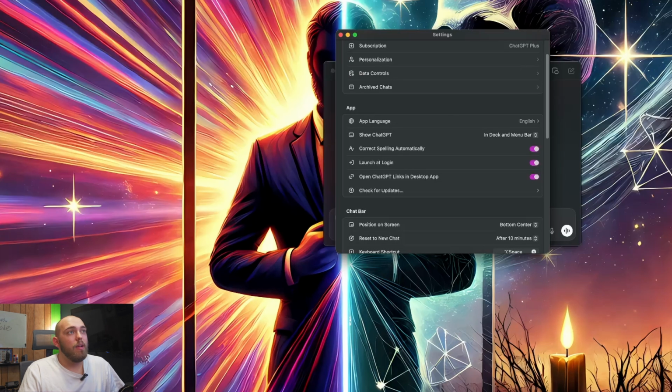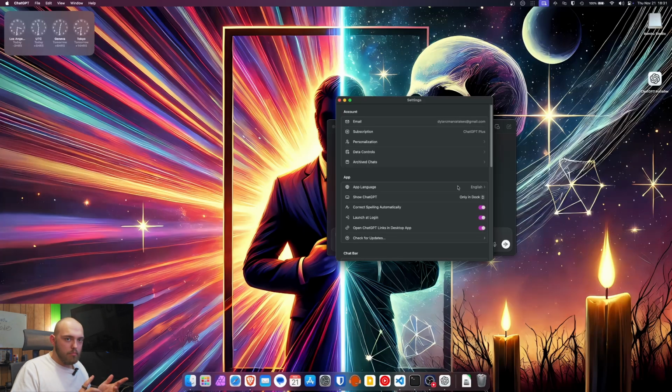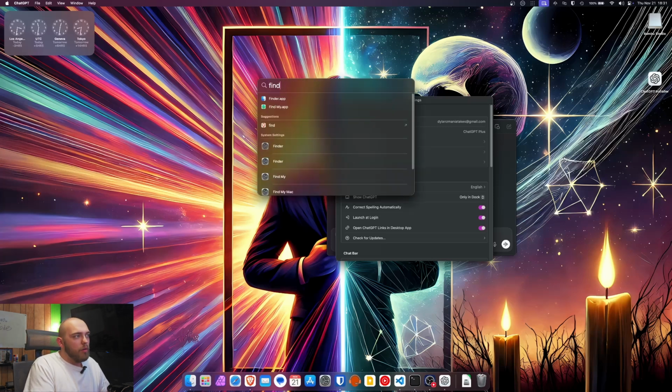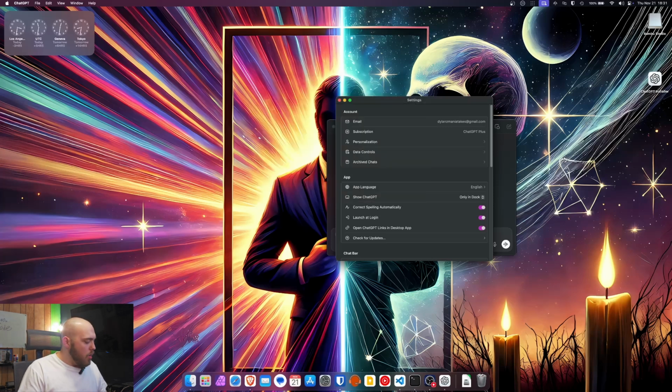The nice thing with the menu bar is when you click it, you get right into the search function, but I'm going to show you how to also do that without clicking anything. On Mac, if you're a Mac user, you know that you can hit the Command key and space and get Spotlight Search. And Spotlight Search, it's not perfect, but it works. Well, if you have the ChatGPT app installed and you hit Alt space,